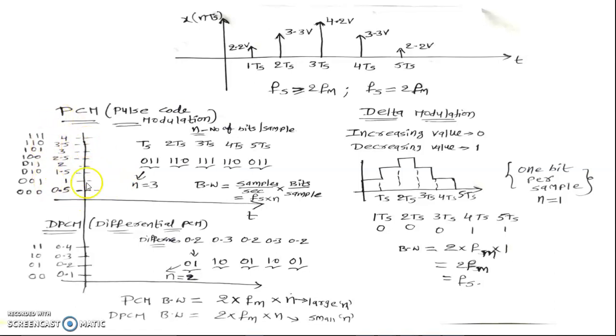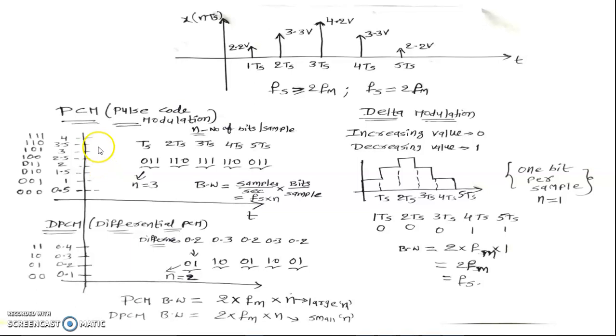Now after discretizing, we are encoding each voltage level. Here how many voltage levels are there? Around 8 voltage levels are there. So to represent these 8 voltage levels using different bit patterns, we require 3 bits for each level. So 000 I am using for representing the 0.5 voltage level, 001 I am using to represent 1 volt, 010 I am using as the bit pattern to represent 1.5. So like this I am using different bit patterns to represent each voltage level.